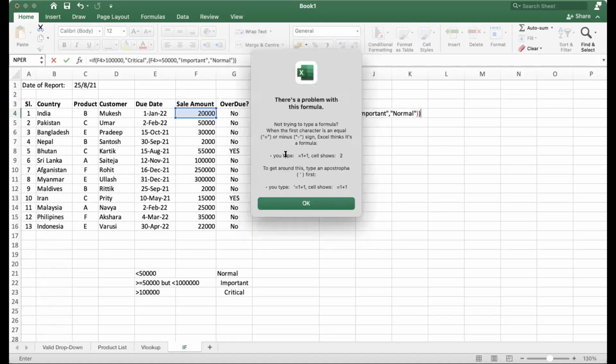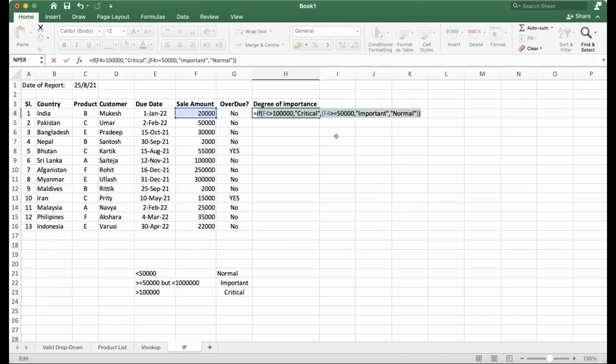We have a mistake here. Let us try to see what mistakes we have. Not trying to type a formula when the first character is an equal. We have to check it. So if this one is greater than critical, else